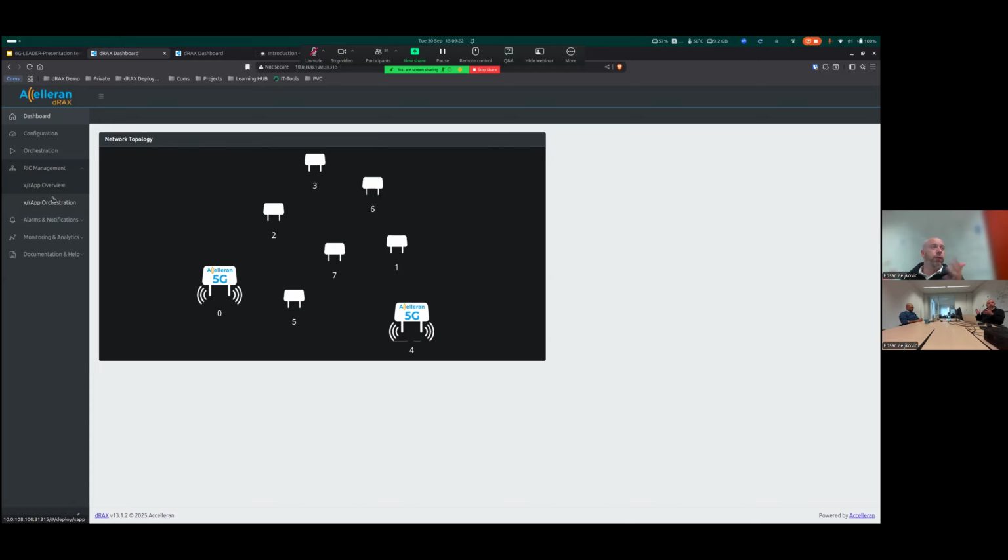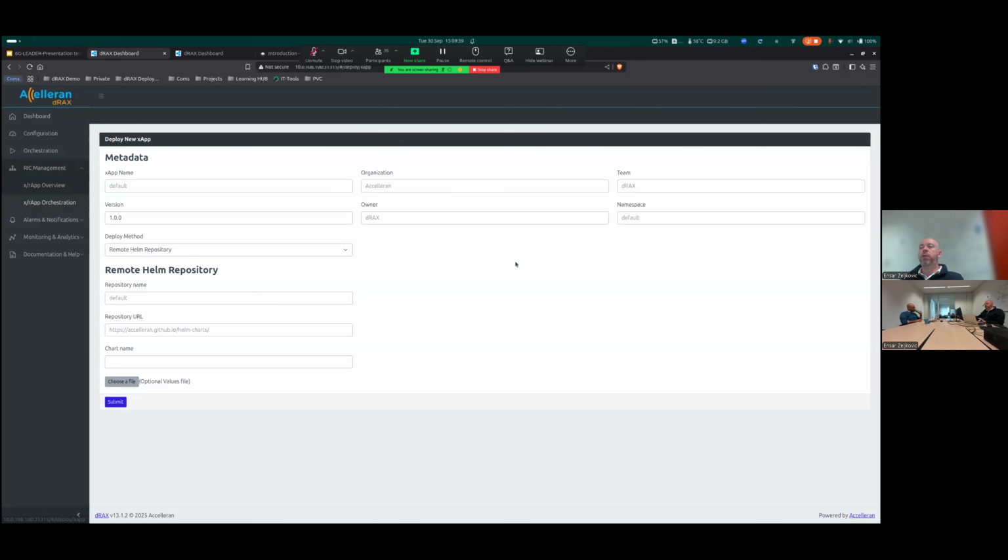We do that from the dashboard. It's the easiest way to do it. You can also do it programmatically through an API, but for now we'll just stick to the easy way. On the RIC management page, in the drop-down menu, you can pick xApp or rApp orchestration. This page in general allows us to deploy xApps once they are in production, once we've developed them, but we can also deploy this development environment.